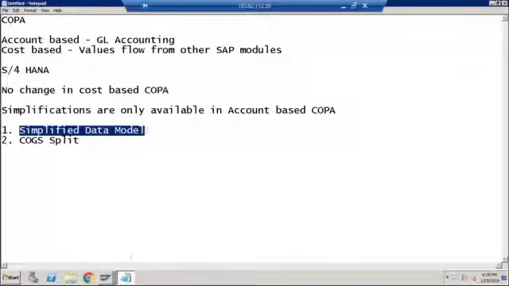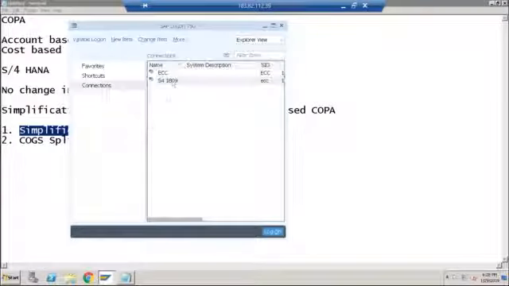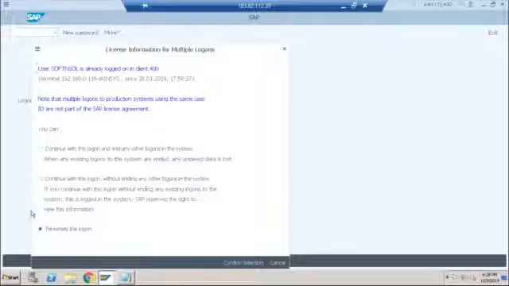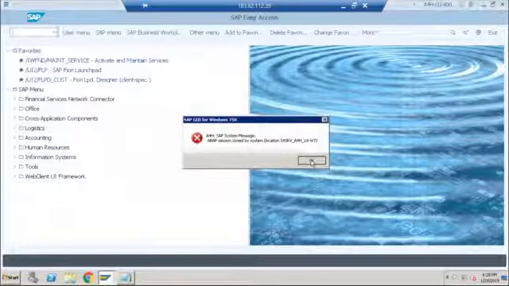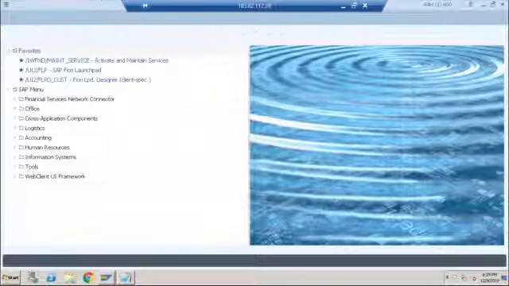Okay, so if you remember, in our last session we activated the account based COPA for our company code. Let me just log off and log in again to avoid any confusion. Yes, so in our last session we already activated COPA via SPRO.